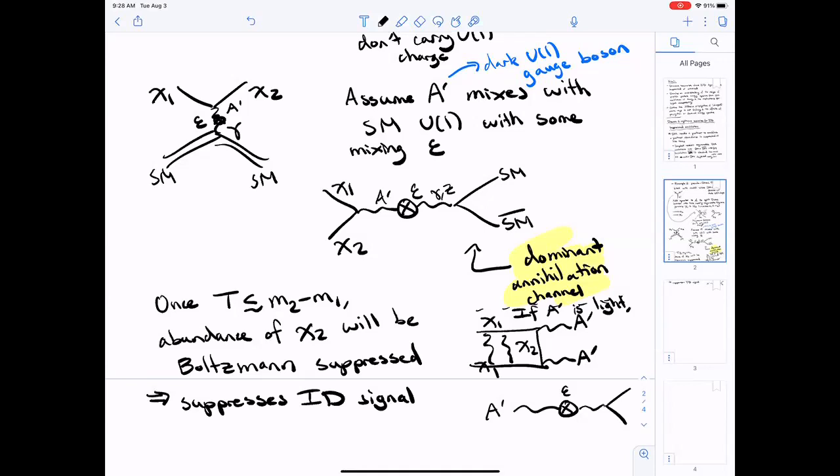Question: you could also do the other way around, like diagonalizing the mixing such that the dark sector is nearly charged? If the dark U(1) is unbroken and so the dark gauge boson is massless, then you can do that. If the dark gauge boson has a substantial mass, then that is a physical distinction between what we call the photon, which is massless, and what we call the dark gauge boson. So in that case, you usually just say, whatever is massless, that is what we're calling the photon.